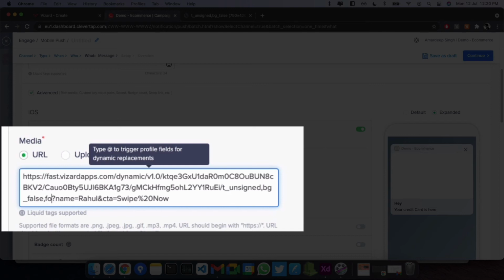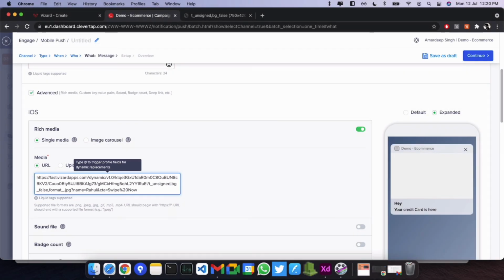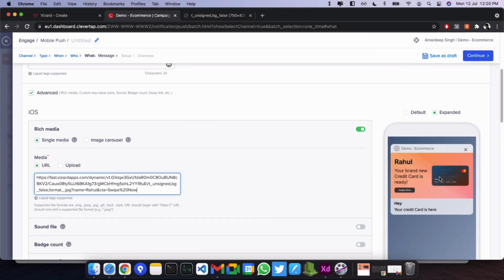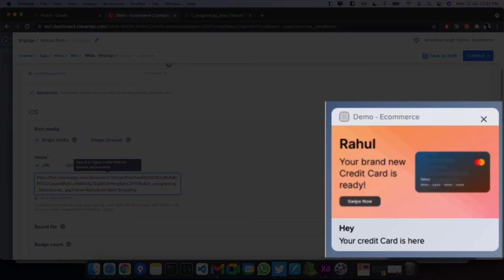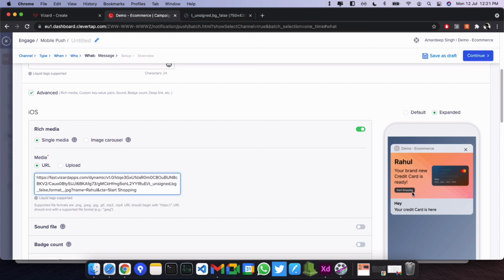We'll just say format underscore dot JPG, right? And see, we have a design right here. Now instead of "swipe now", we can also say some other CTA like "start shopping". We can see that the same gets reflected in the design.